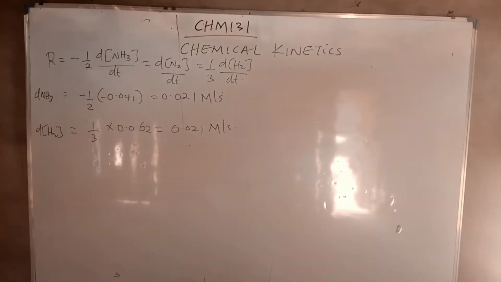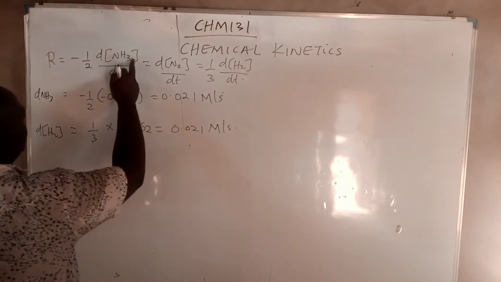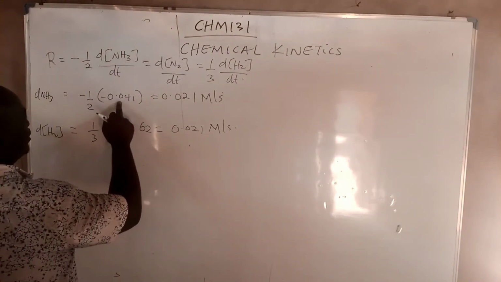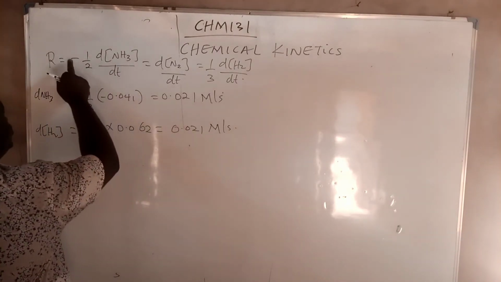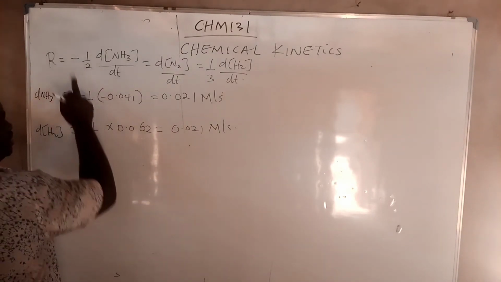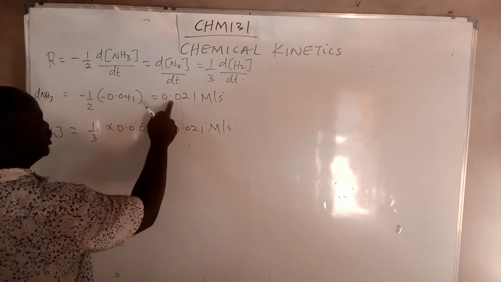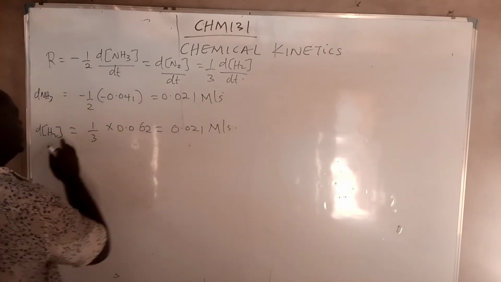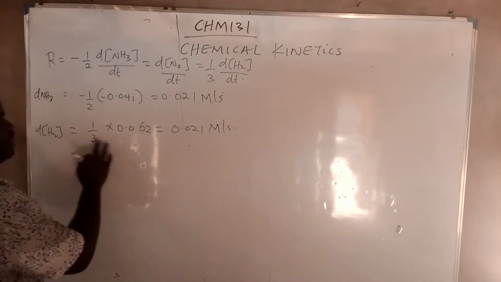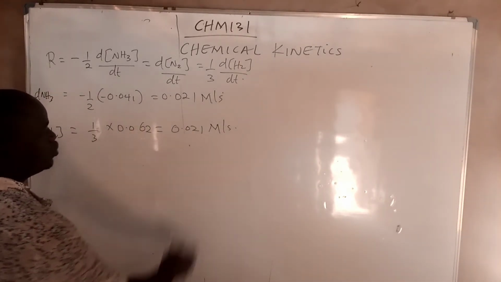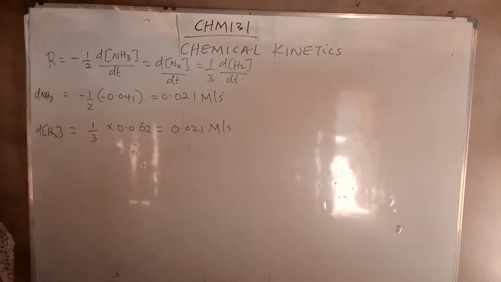So please note this thing very well. You can see I'm taking my time to explain this so that someone will not get confused. When we saw the rate of this, we got minus 0.041. If you times it, do not forget this minus. We times it and divide, we get plus 0.021. This is already on formation. When we divide it, we still get 0.021. Any of this equation,